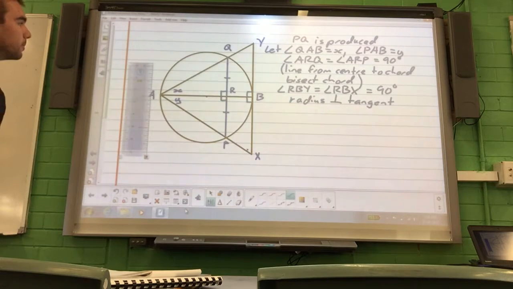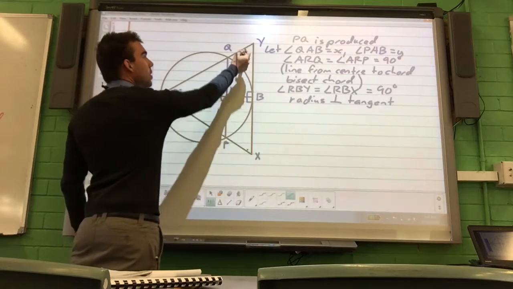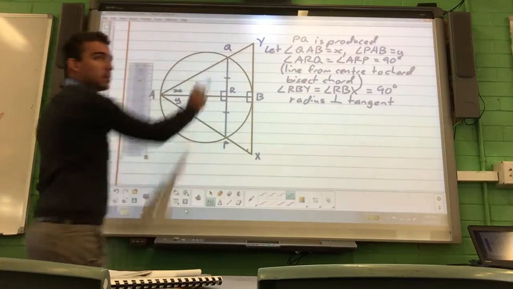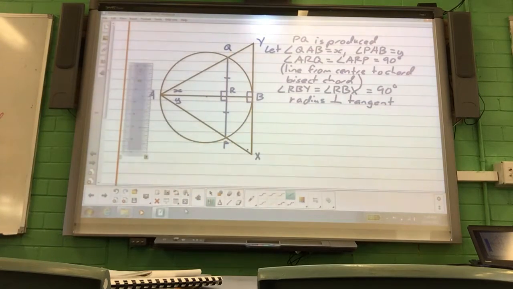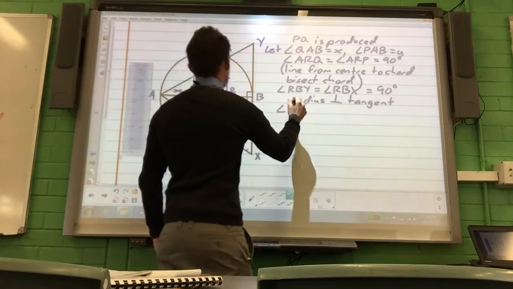Alright, well, looking at triangle ABY, you should be able to tell me in terms of x what the angle AYB equals. Yes, so the whole triangle here. Okay, so we've got x down here, we've got a 90-degree angle, so what's an expression for the angle up here? And then minus 90 as well. Yep, okay, so angle AYB